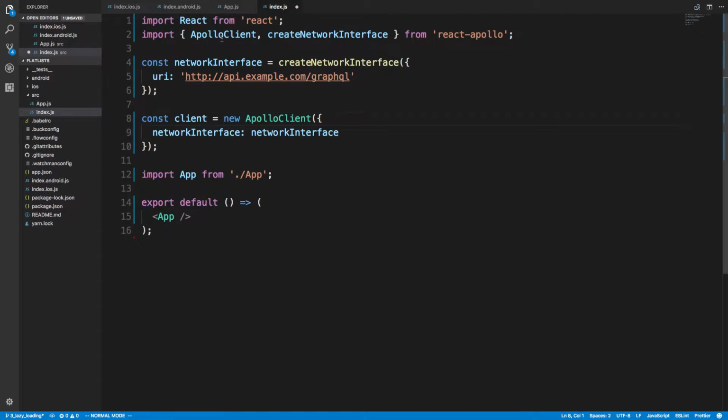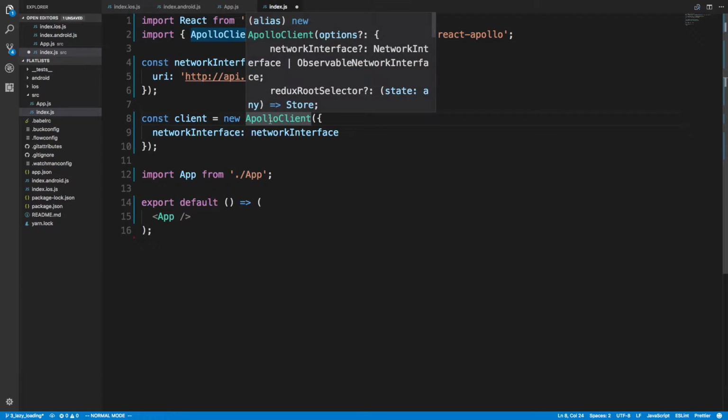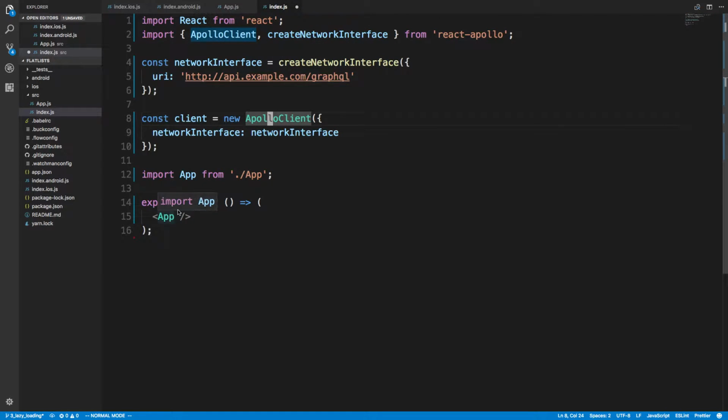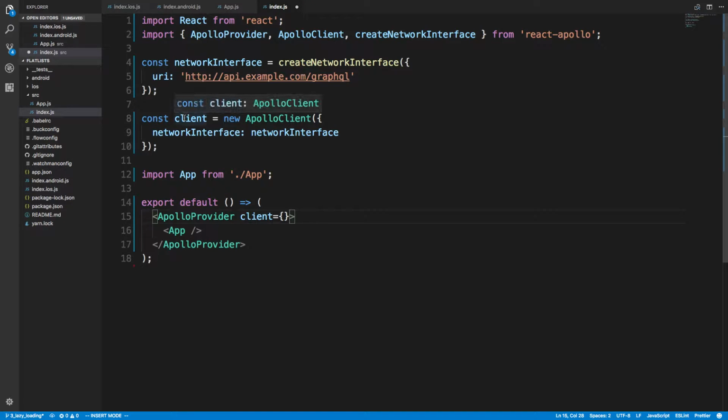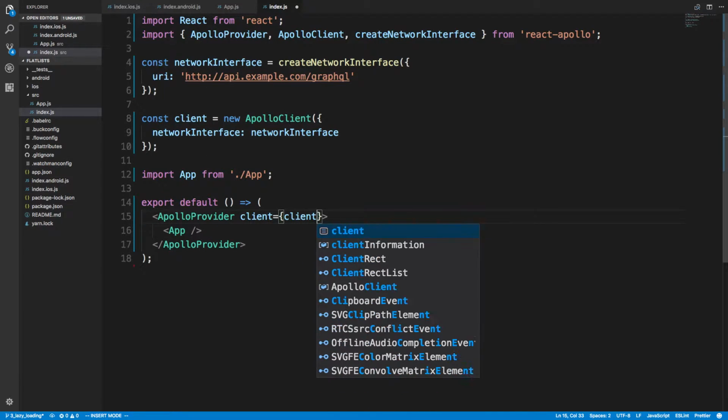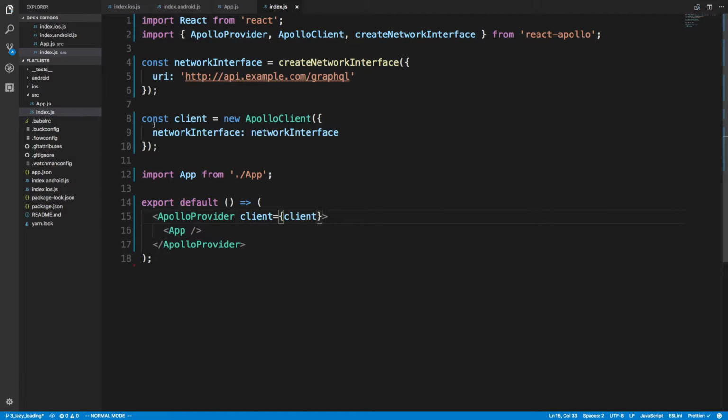Okay, so our Apollo client here, we're just basically creating, and then we're going to have to actually put it in with our application, and we do that with an Apollo provider. So Apollo provider should wrap your application, and any components that need GraphQL need to be in between the Apollo provider tags. Alright, and then we also need to specify the client. And the client here is just, we put this in here so we can specify the URL to our